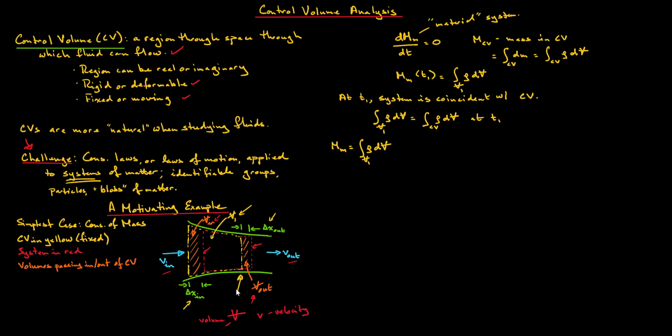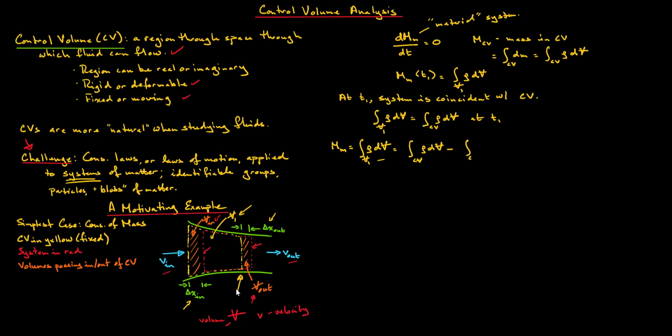That's at time t1, and again, that mass is not going to change with time. We can define this as well as, so this side and the right hand side will be equivalent. We can also define this as the mass inside the CV at a given time